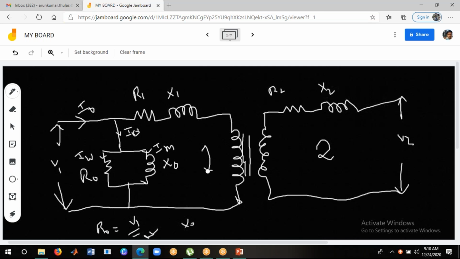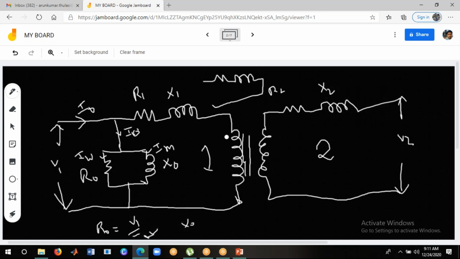Equivalent resistance and equivalent reactance mean the addition of resistance in the circuit and the addition of reactance in the circuit. Suppose we have resistance and reactance in the primary as well as the secondary, right? Now I need to reduce this circuit to a single form. I need the circuit to look like this, so what we have to do is add these, making an equivalent of this resistance and reactance.